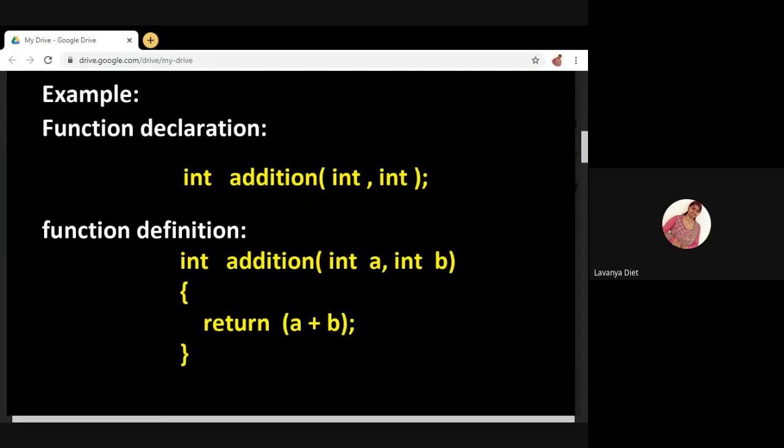Here the number of parameters are 2, a and b, right? Int a, int b. Parameters are 2. So in the function declaration, you must specify two data types. It must match. The number of arguments or number of parameters must be matched. If it is not matched, the compiler will generate an error. Remember that if you are using a function, you must declare that function. Again, once you see the example in the presentation, you will understand.